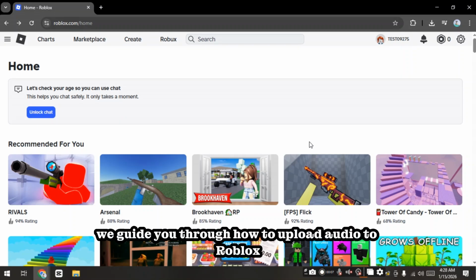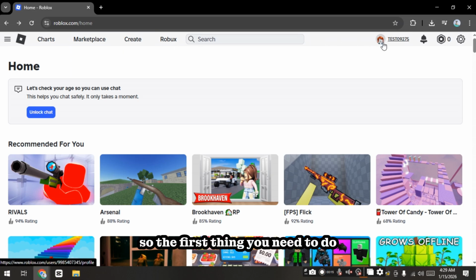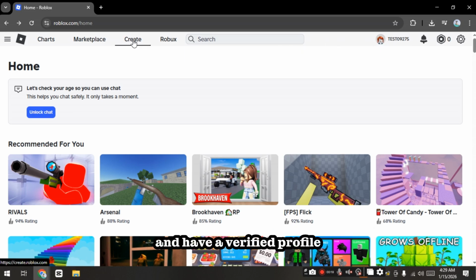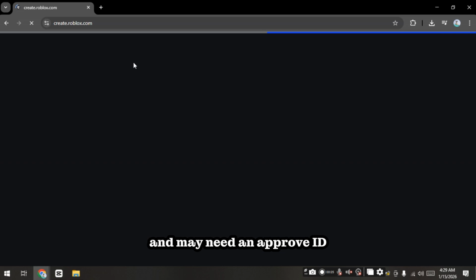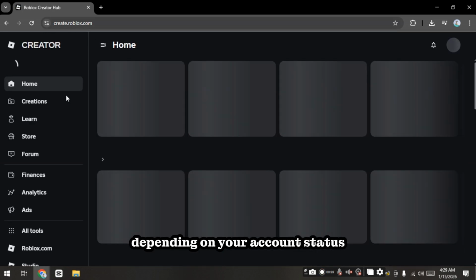We guide you through how to upload audio to Roblox in simple steps. So, the first thing you need to do is to make sure you are logged in to your Roblox account and have a verified profile, since audio uploads require verification and may need an approved ID depending on your account